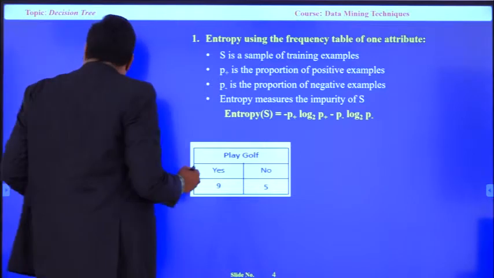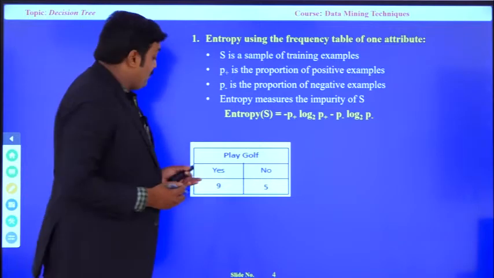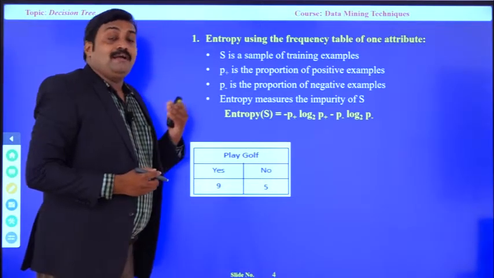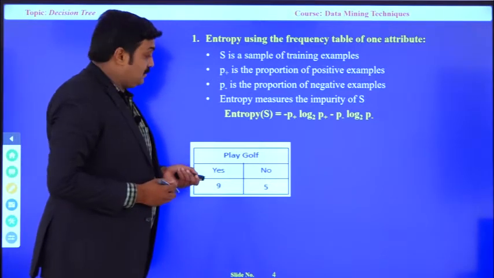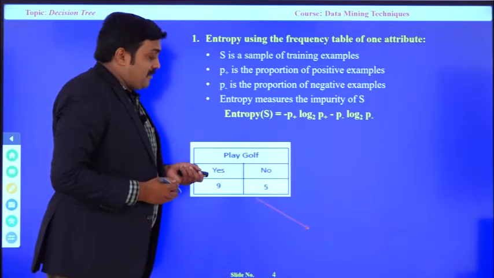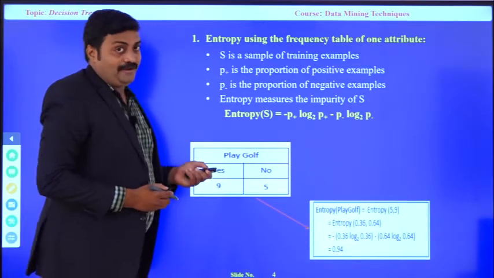We have a total of 14 records. Out of 14 records, 9 are the yes class and 5 are the no class. Based on that, I am applying this formula and I got the gain 0.94.